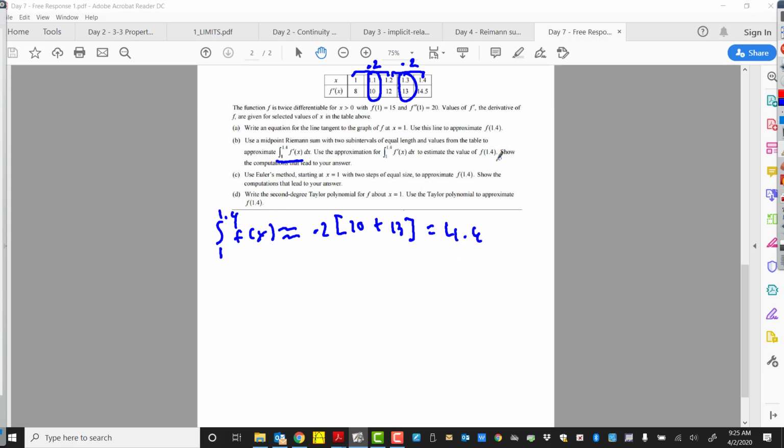Now, that only answers that first part. We need to estimate the value of f of 1.4 using this. Well, that means we need to take into consideration what the starting value is. All this tells us is how much did f of x change over this time? Okay, what's its displacement? We need the actual location of the point once it got to 1.4. And to do that, to approximate f of 1.4,